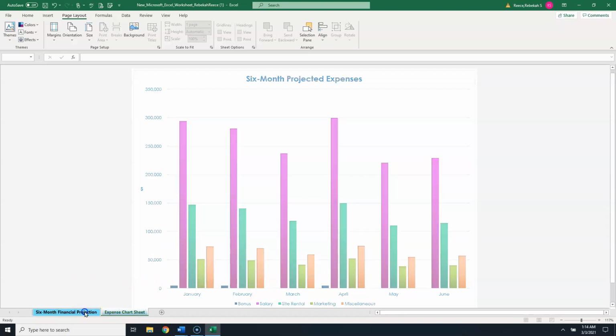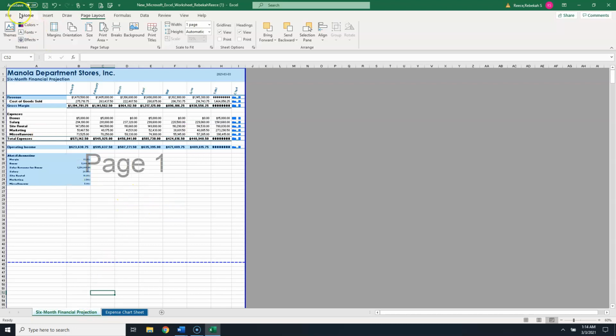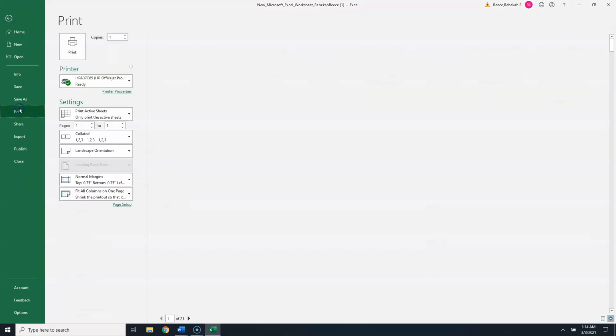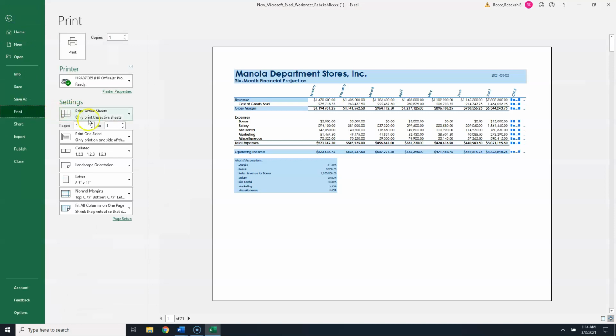So now if I were to go in to print, I'm still going to have a bajillion pages, but I can say only print the active sheet, and if I print only one page to one page, it should only print that one page. Again, I don't know why it's showing 21 pages, but